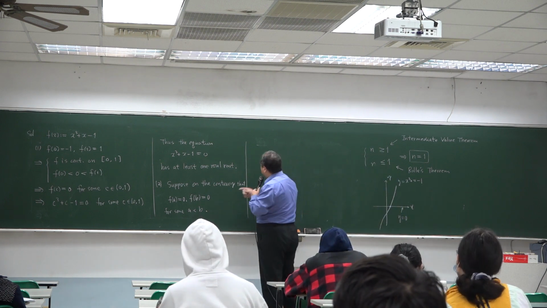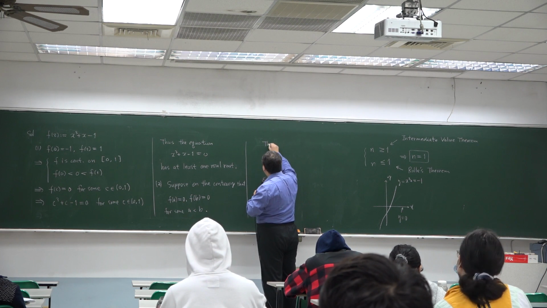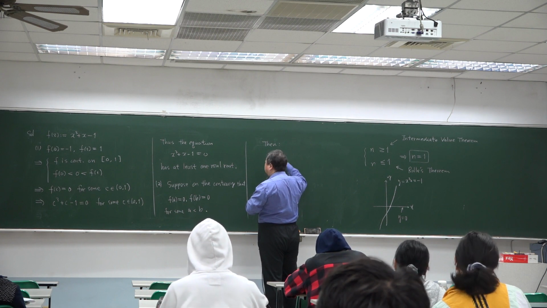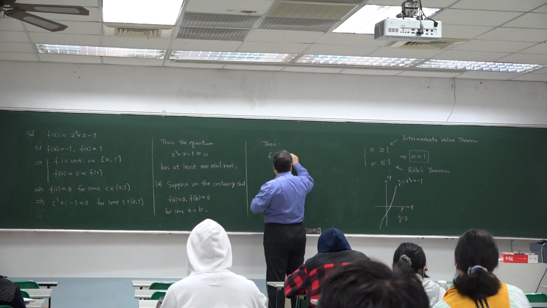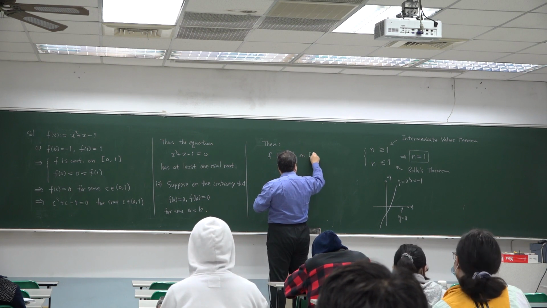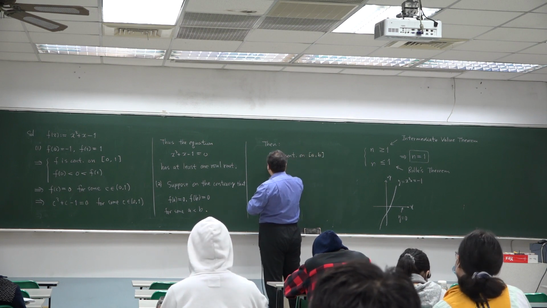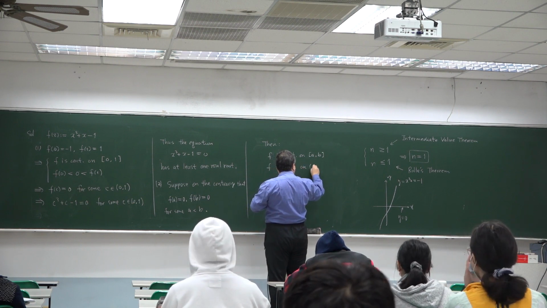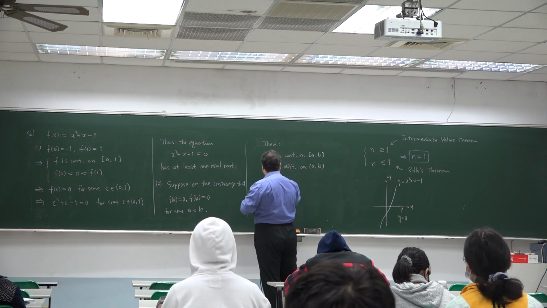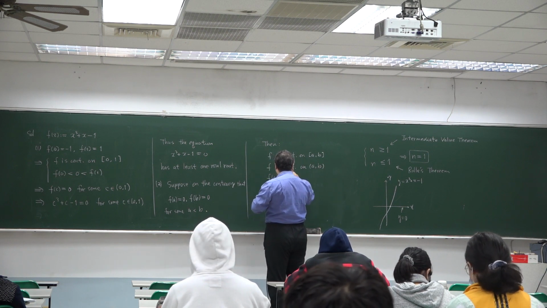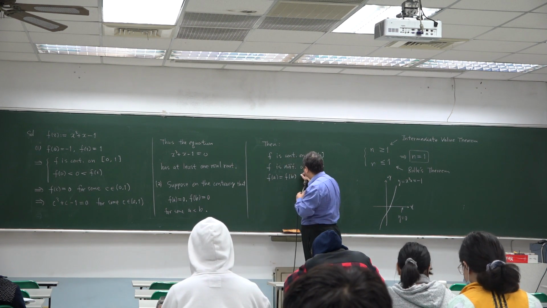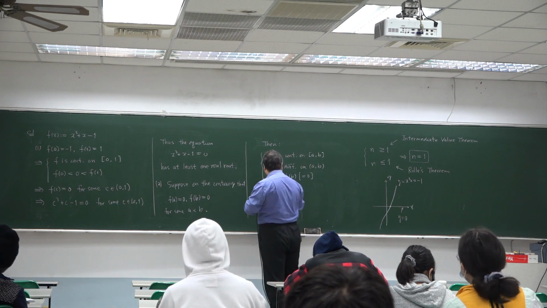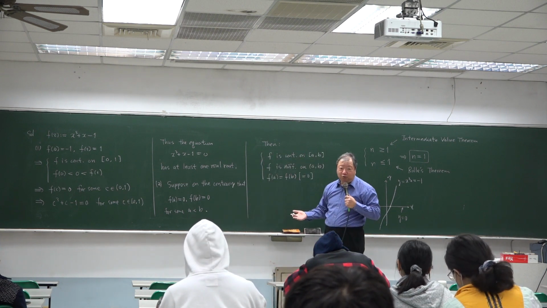Okay, then this function is a polynomial function. It's continuous on this closed interval AB and is differentiable on the open interval AB, and f of A equals f of B. In fact, equals 0. So by Rolle's theorem,